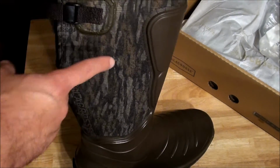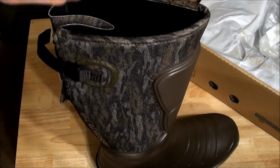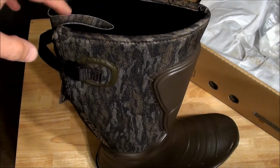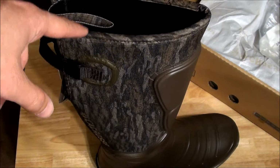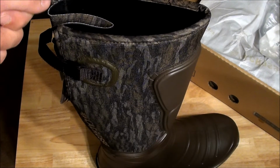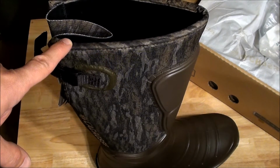Now, if you order the Bottomland pattern like I did, and I think maybe there's one other pattern, I can't remember if it's a Mossy Oak or a Realtree pattern, these will ship directly from the manufacturer, so it'll take a little bit longer to get them than if you ordered from somebody that had them in stock. I know I called Bass Pro. They don't have them on their website. At the time, they said they could get them, but it was a direct from the manufacturer shipment. And I got these from moosejaw.com. They had about one of the better prices I could find on them. I think it was $130 shipped,